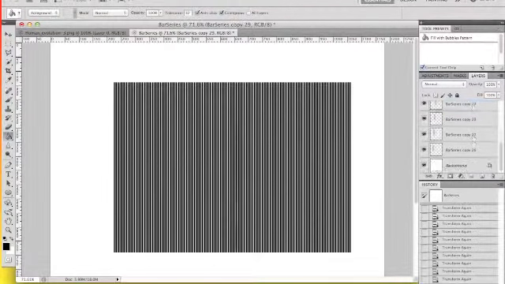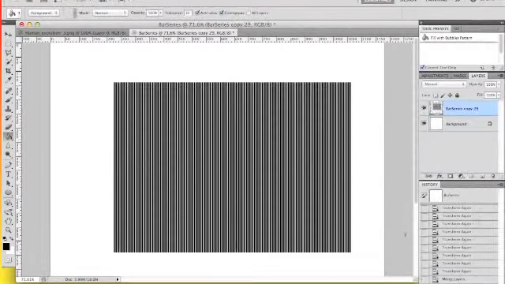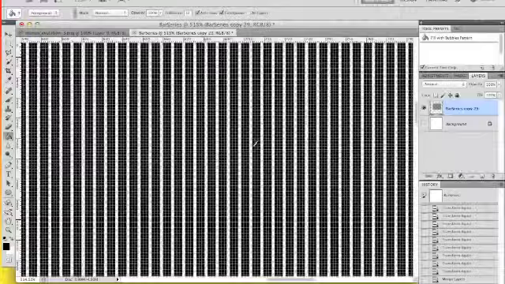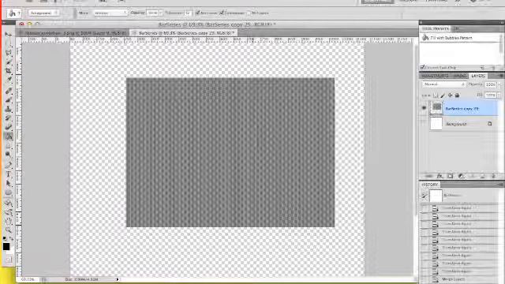So now I'm going to merge all these layers again, just because we want it to be one consistent layer. So all the layers are merged. Now they're together, and we have a bar series. Between the bars there's actually nothing there, it's just the background color, which in this